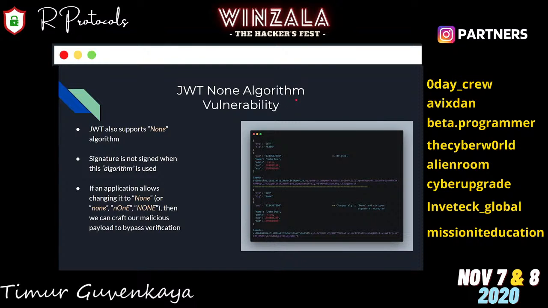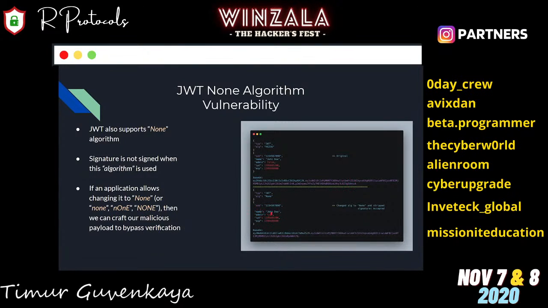None algorithm vulnerability. JWT can use different algorithms to sign a signature. Some of them are HMAC, RSA, elliptic curves, and the none algorithm, which basically means I don't want to sign a signature. You can directly change the algorithm to none and strip the signature.